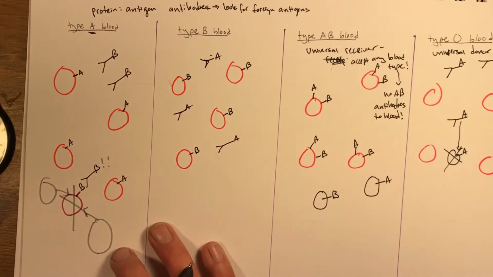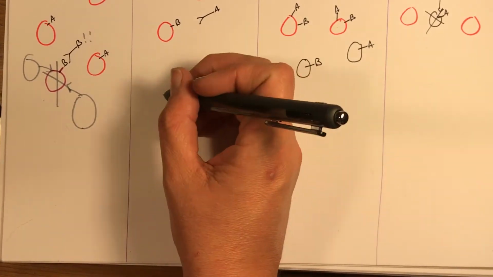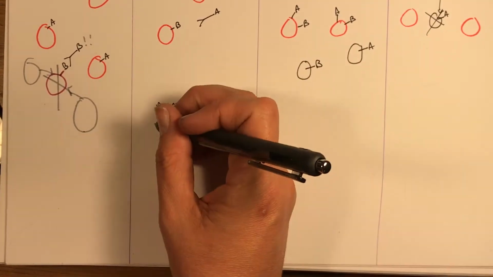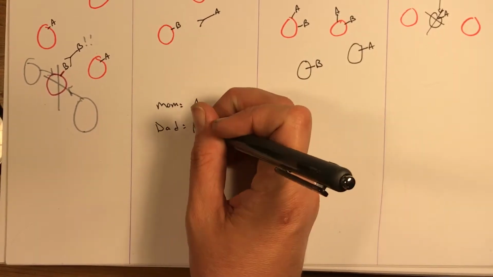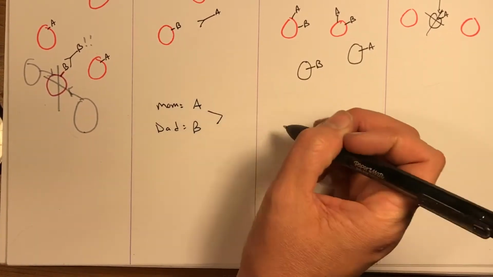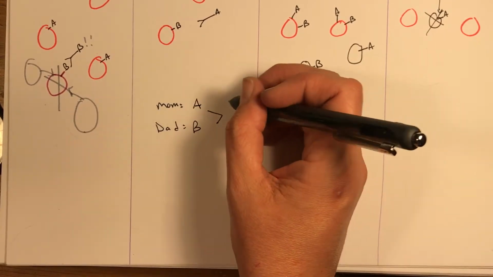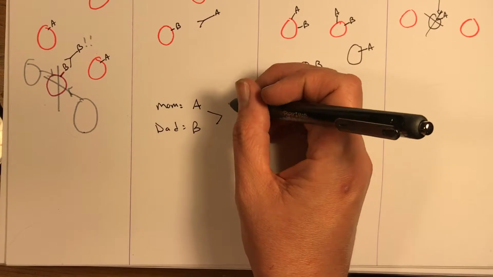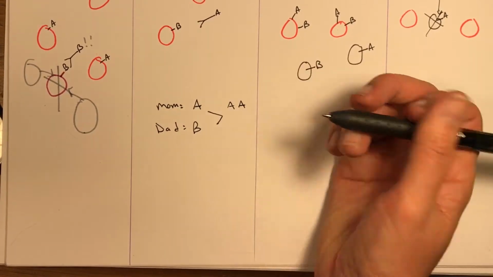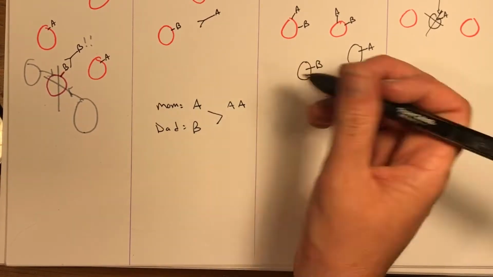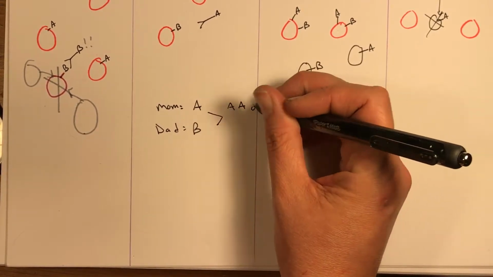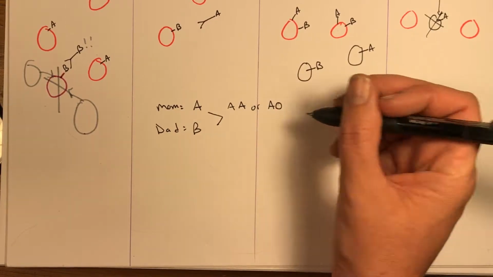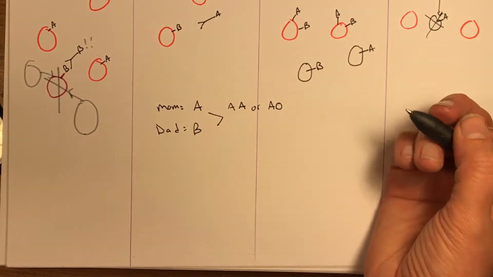Now, the way these are passed down, if your parents, let's say you have a mom who is type A blood type and your dad is type B, then that means your kid, it can be several different things. Your mom could be what's called homozygous dominant, or just homozygous. She could be type A. Both of her genes for this from her parents could be A, or she could have just one active gene for A blood type and then an O, basically. So one gene's there. That's all you really need.